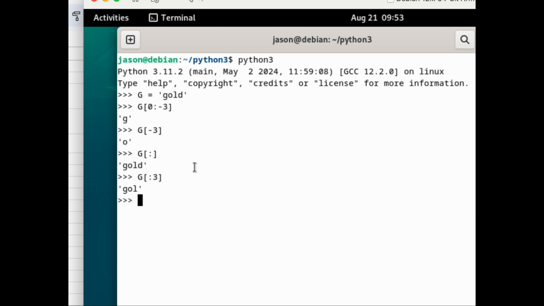And if you did the exact opposite and you said 1 here, you get old, and when you just leave this blank, it is an implied destination of the full length, if that makes sense. So if you were to go starting at 2, we wind up with ld, because we start at the 2nd position, which is l, and then we go all the way to the end. So these are some little shortcuts of indexing.